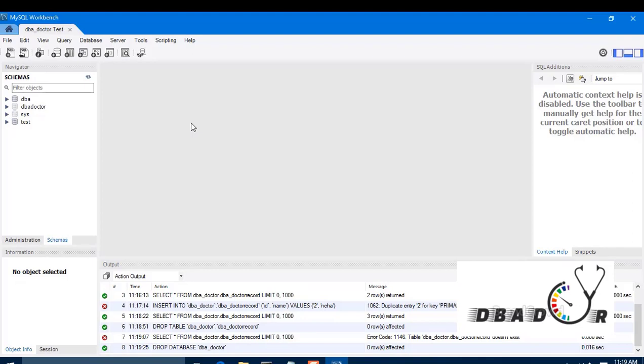I hope you have enjoyed my session. In this session we have covered how to create tables and all. In the coming session we are going to cover how to modify a column record, how to alter, how to add a new record in a table, how to add a new column in a table, how to change the column name, how to modify the database name, and how to change the character string. All those things I'm going to cover in the coming session.